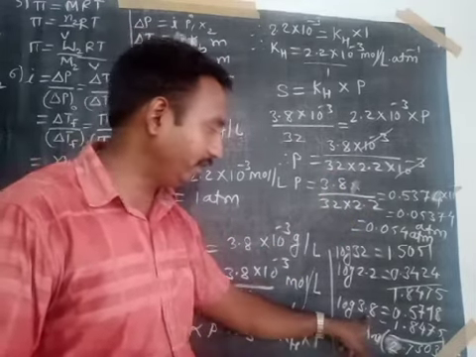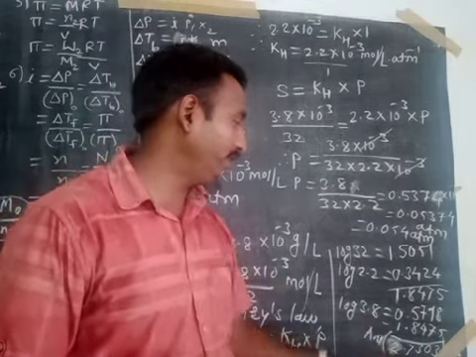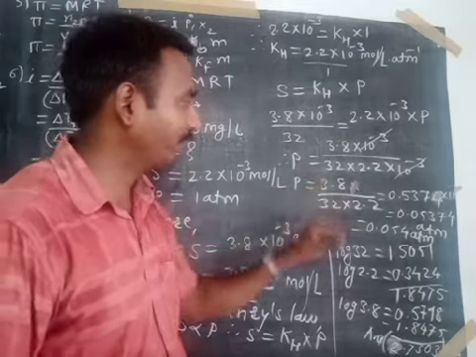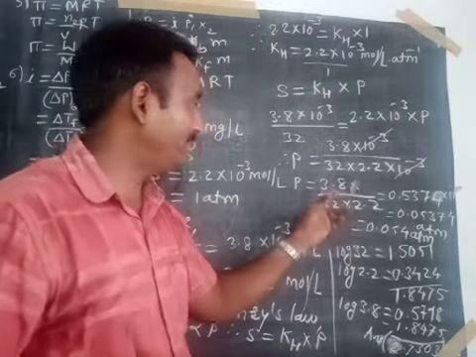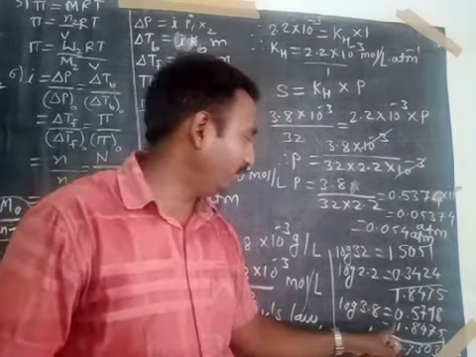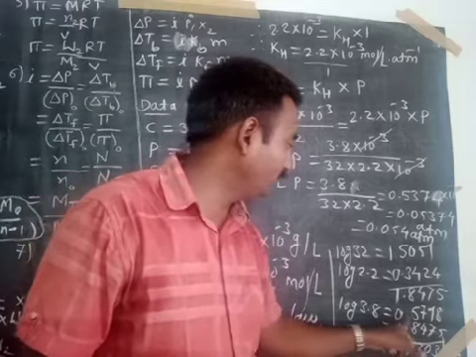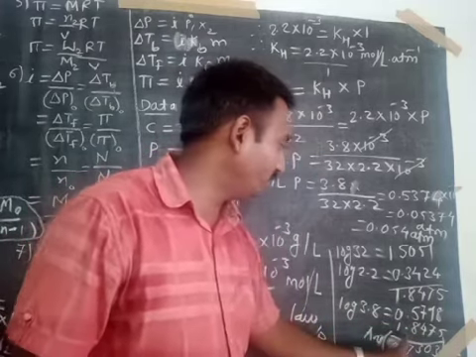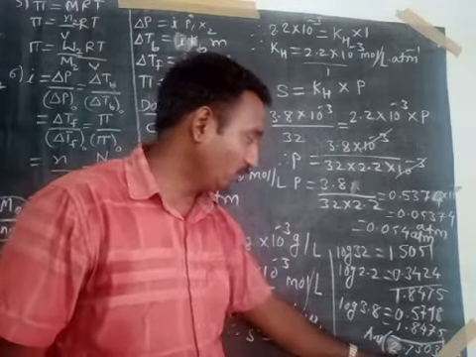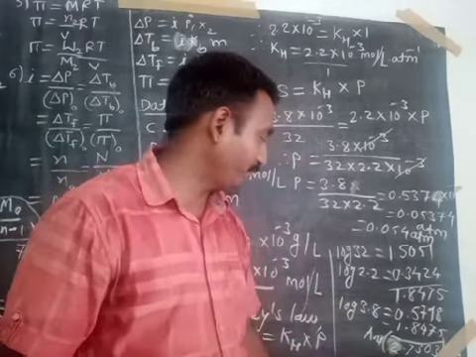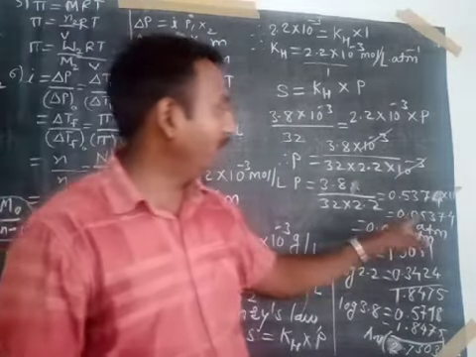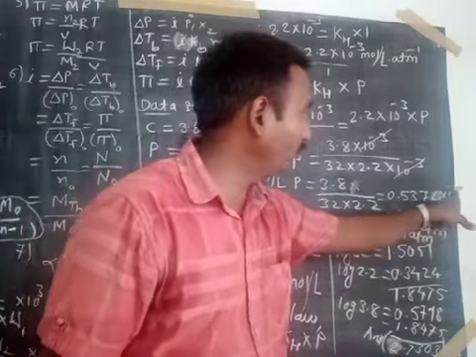Now go for the log of 3.8. Log of 3.8, here characteristic is 0 and the mantissa for 38 is 5778. Both the terms are in division, that's why subtract the log of the denominator from the numerator. Log of numerator is 0.5778, log of denominator is 1.8475, and subtraction gives the value bar 2.7303. Go for the antilog of this value. Antilog of this value gives 0.5374 into 10 raised to minus 2.